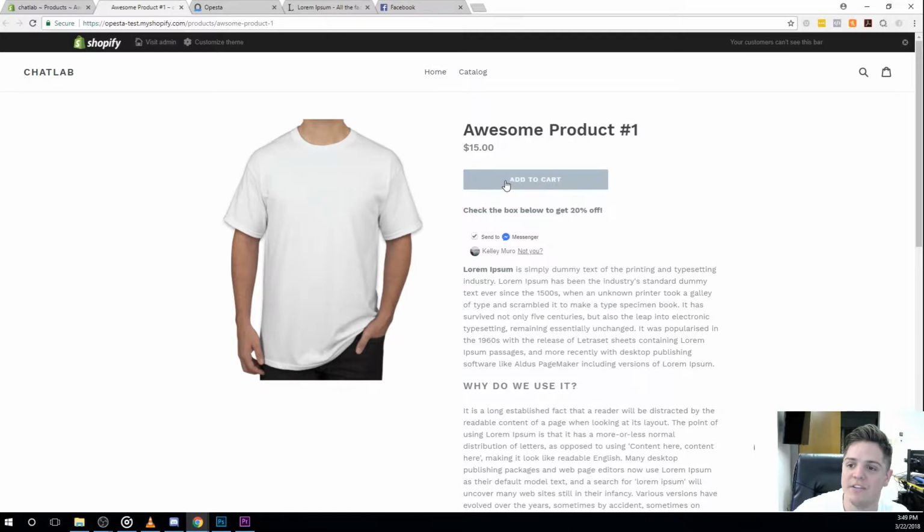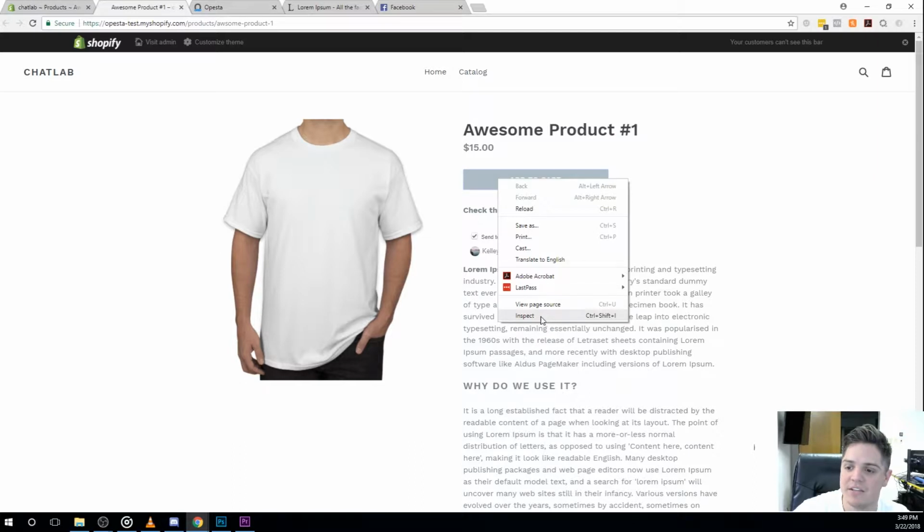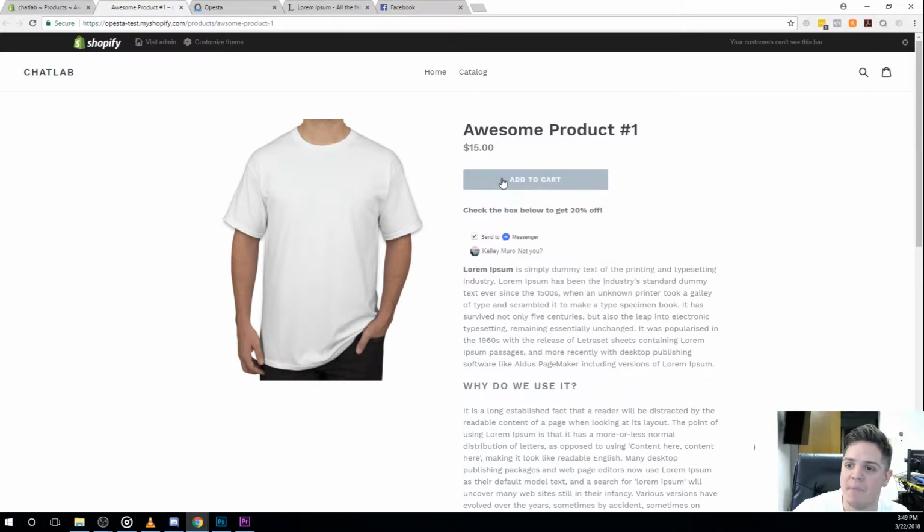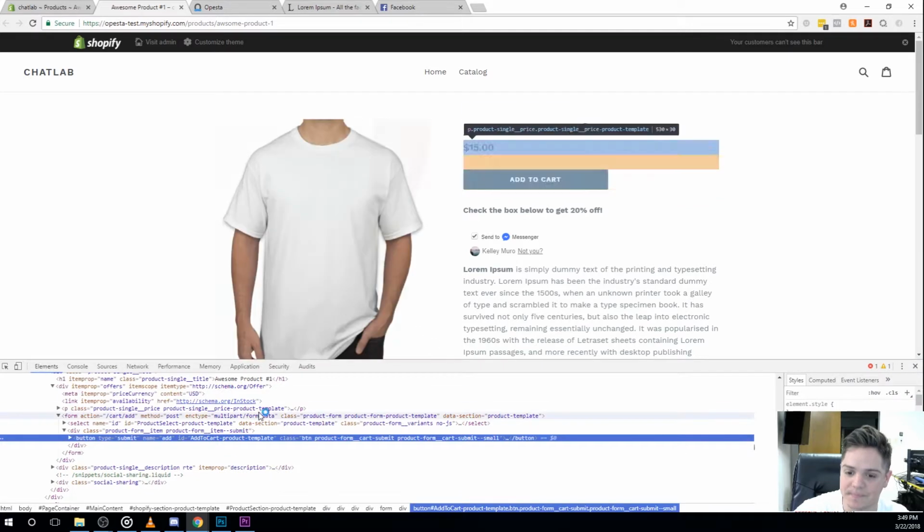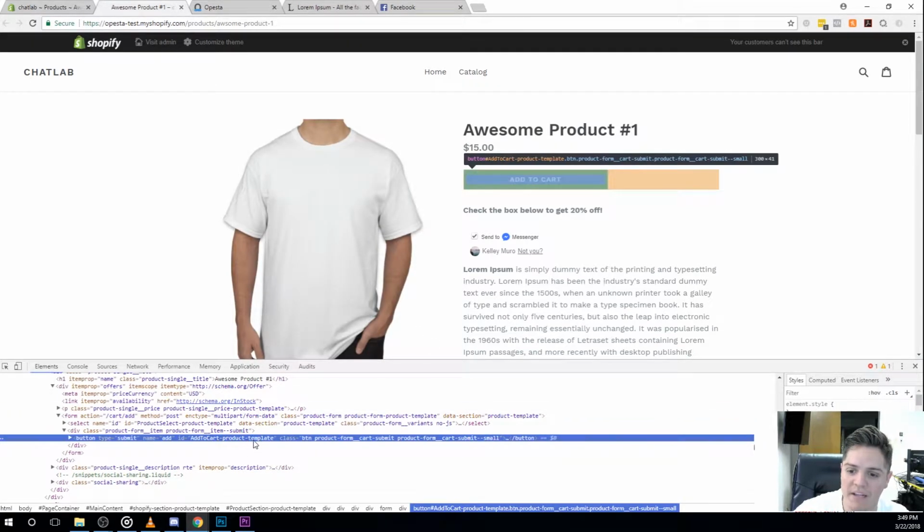So now what I need to do is set up the activation button, which is going to be this add to cart. So I'm going to right click on the button as I'm hovering over it and hit inspect. And Google Chrome will automatically pull up that element for us. And so what I'm going to do is use the class. We can use the ID, but for this Shopify instance, I want to use the class just because Shopify builds their product pages the same across the board, so it'll typically always be the same exact class,